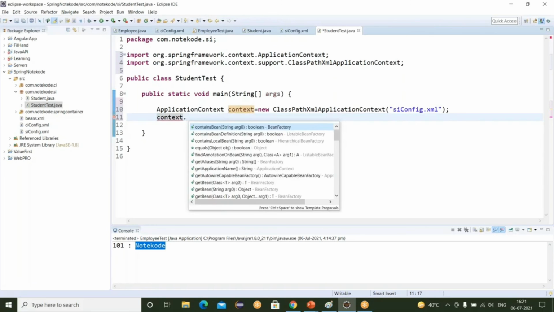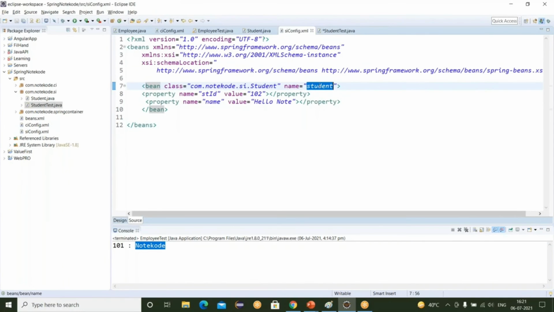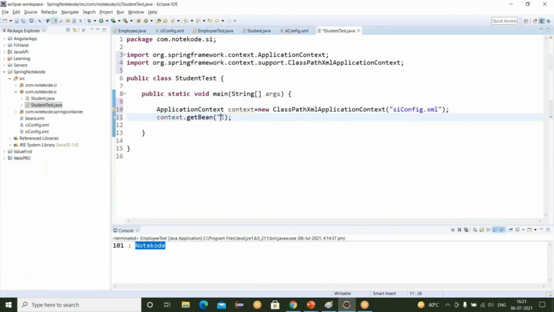Import this. Context dot calling the getBean method. Here you have to pass the class reference name, that is student. This time, passing the same, and I'm taking a variable s. s is the Student type variable.